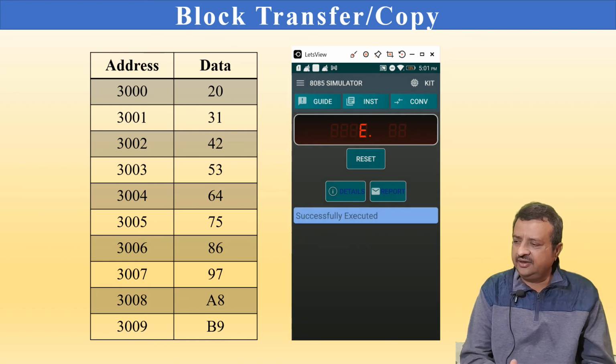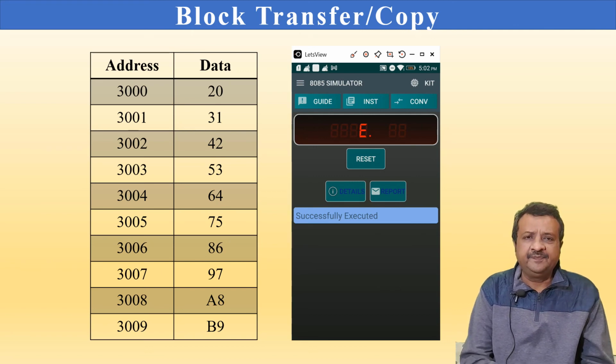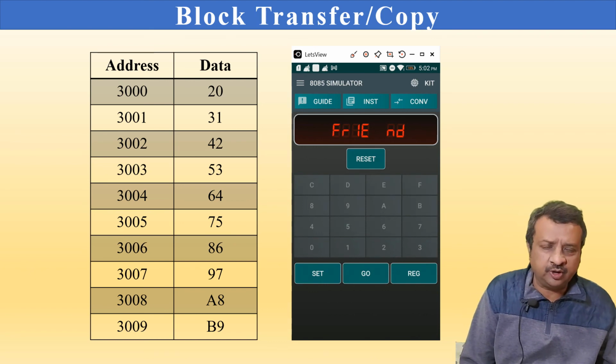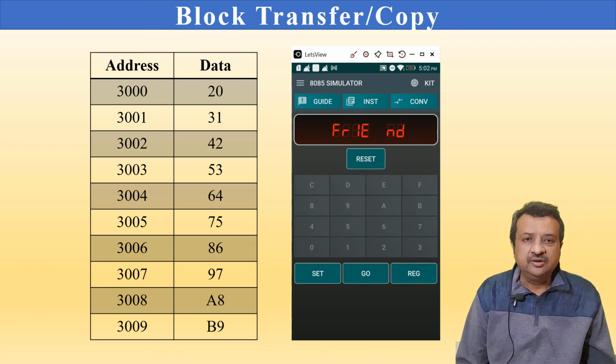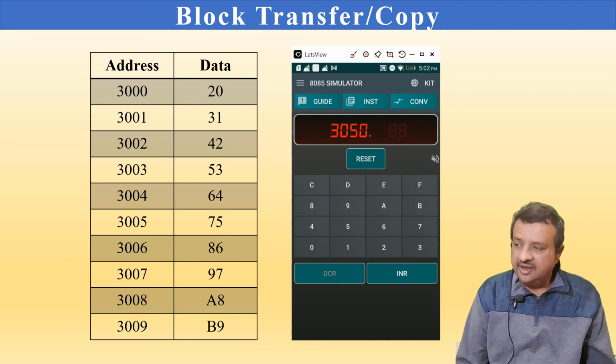It is executed. It says it is successfully executed, and hopefully the data is transferred from the source block to the destination block. So let us see the destination. The destination is at 3050, and the first byte expected to be 20.